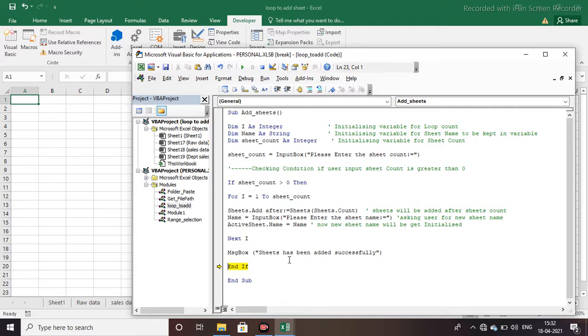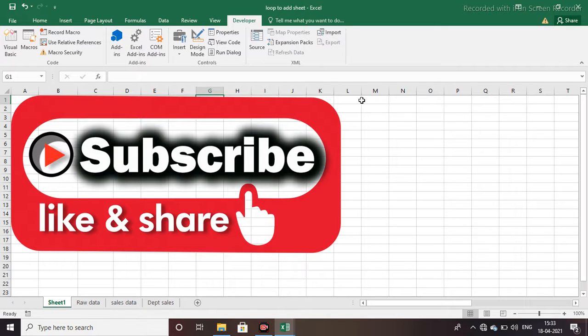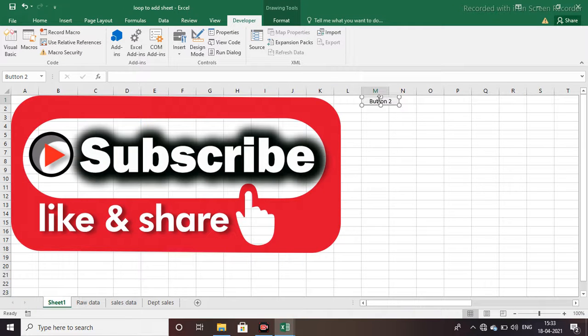Now OK. So now we have inserted a button by which, on a single click, it can work automatically. Now we are going into design mode.